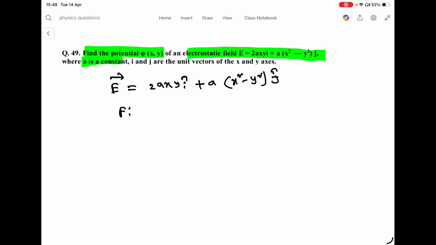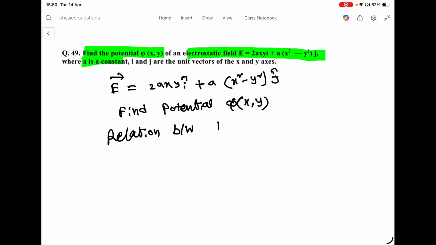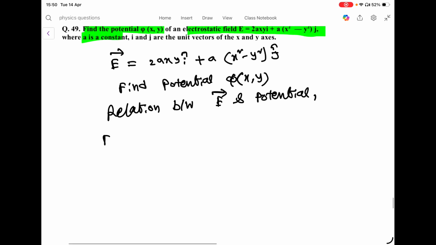So what do I have to find? Find the potential phi of x comma y, right? So now find the relation between E vector and potential. So we know E vector equal to minus del into phi, and Ex equal to minus del phi by del x,